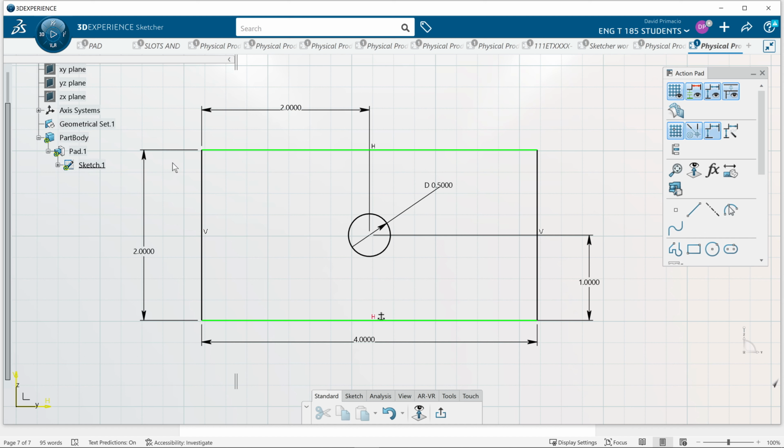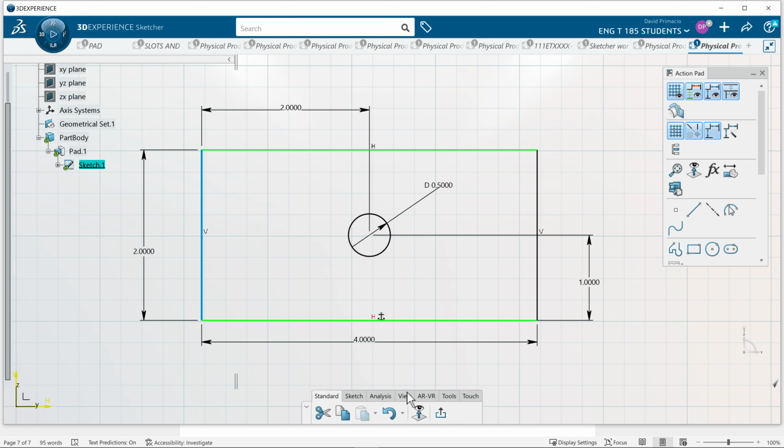It goes up and down from the top, and it goes from right to left from this side here, and this side does not move. So therefore it's a datum as well. So see how that H is highlighted in red? We don't want that. So I think an easier technique is to grab this line here,